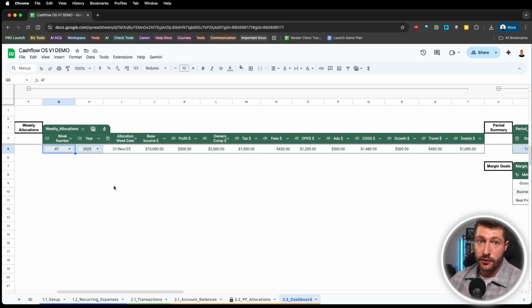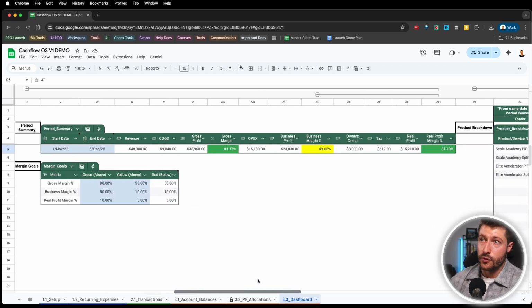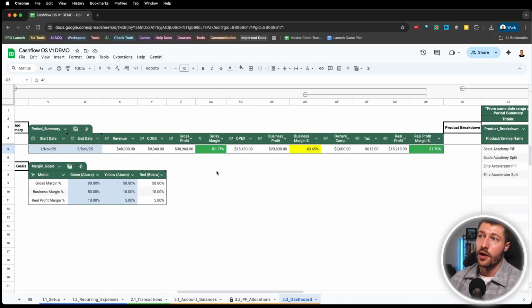Or what about the numbers for a specific period? So knowing for, let's just say, the last month, what was your revenue, your cost of goods sold, your gross profit, your margins, your operating expenses, your business profit, business margins, how much you paid yourself, what you set aside for taxes, so you have reserves and you don't get hit with a big tax bill that throws you off when it's tax season. And then your real profit margin, all of the money that is left in the business after you've paid everything, including yourself, with a simple dashboard like this that you can very easily modify based on your historical data, instead of having to go through a 47-page P&L.